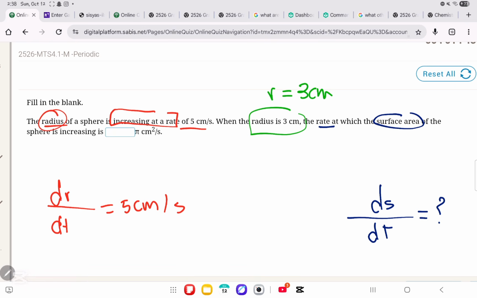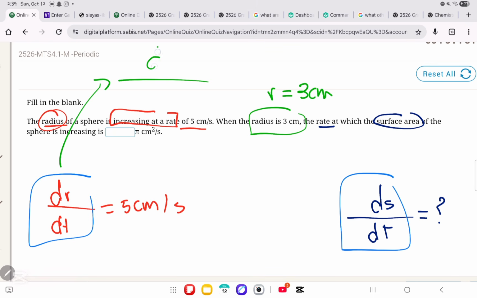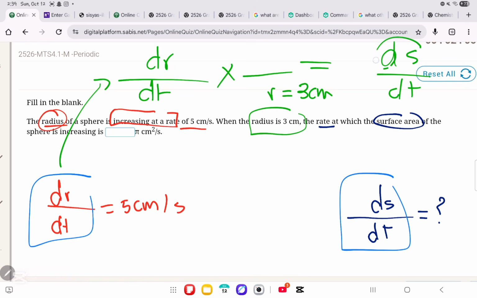So very simply, how can we relate ds over dt to dr over dt? Very simply, look what happens. dr over dt, we need to relate it somehow to ds over dt. We keep dt the same. That means whatever we do, we cannot remove dt. However, we need to add ds, and ds needs to be in the numerator. So we'll put ds in the numerator, and we need to get rid of dr, so that's why we'll put dr in the denominator. So that means we need to find ds over dr, which is the derivative